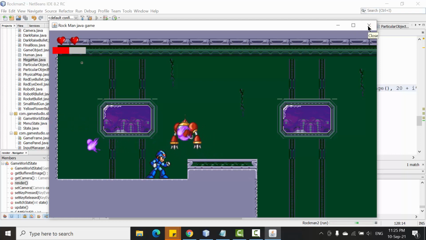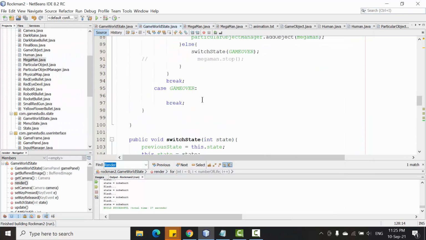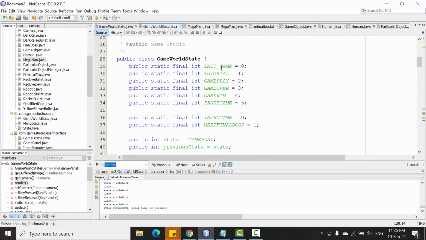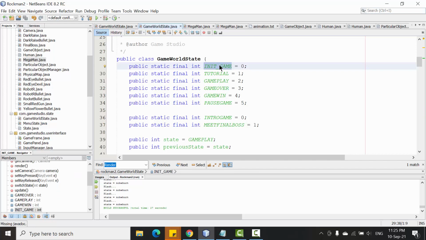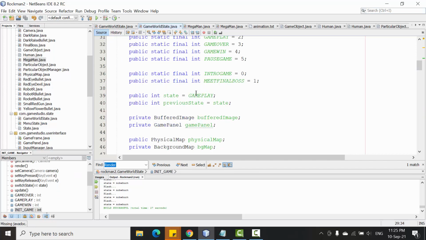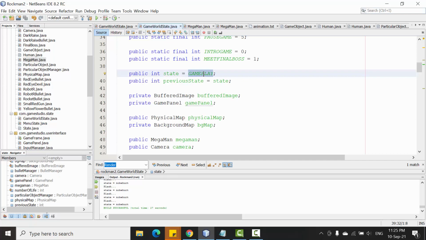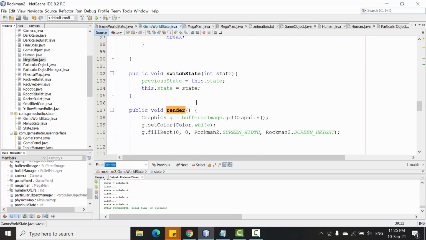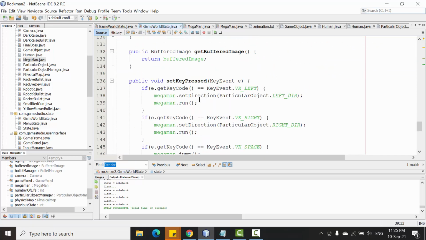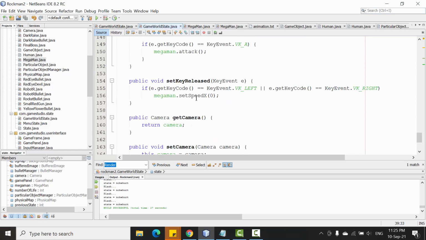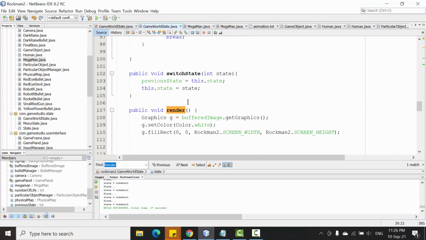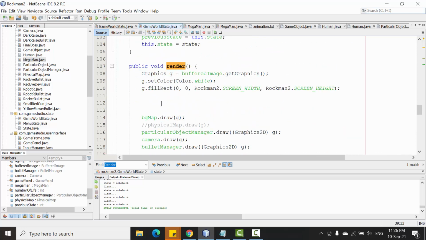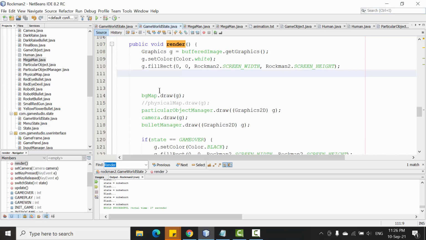Alright, so let's implement the init game state. Just go to the top and see we have the first state to open the game is init game, and here we will replace it with init game. And for this state, I will go to the render and here